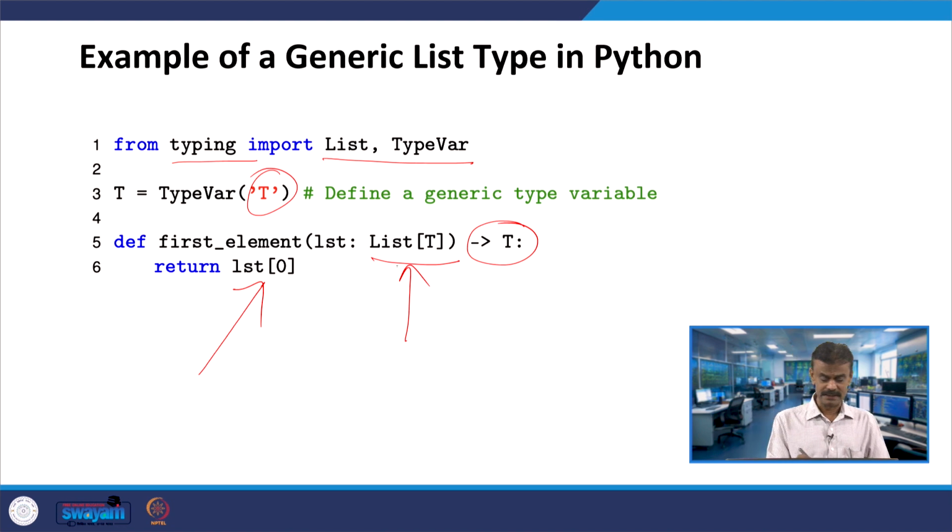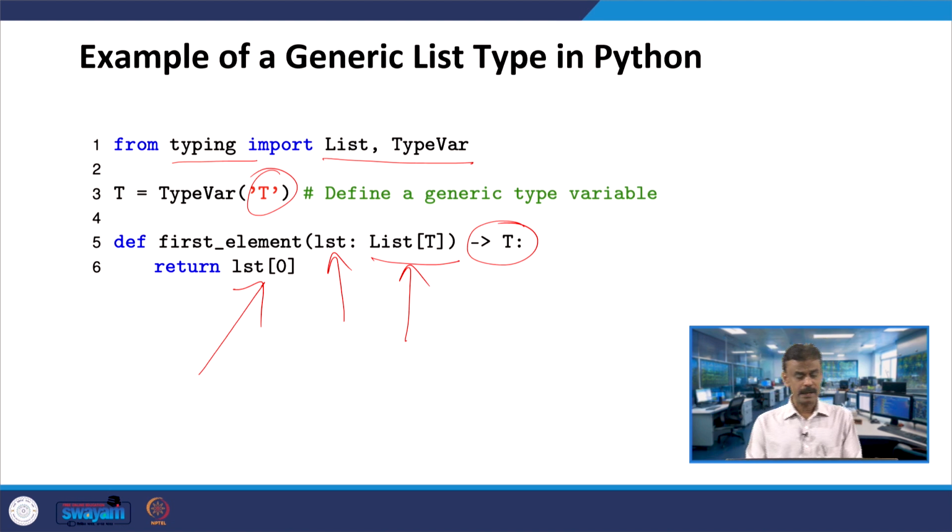So, if I write like this, the base address LST, and then if I put LST of 0, that means it will have LST 0, LST 1, LST 2, etc. Or in C++, if I simply print LST, it will print all the elements. Here if I put LST of 0, the first element will be printed. So, that you are returning, that is what exactly this program is doing.